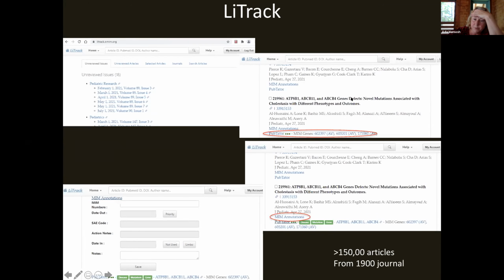So in this case, this drew my eye. And PubTator, which is an NCBI tool, if I click on this, shows me that there's a disease, a mutation, and a gene. These are the MIM genes, and these MIM genes all have AVs already. Okay, and I learned that from clicking this. And then if I want to say something about it, I click on MIM annotations, and I can say I want to add it to these MIM numbers. I can say, no, I looked at it. There's nothing that we need to add to OMIM here, so I'm not going to use it, and so on.